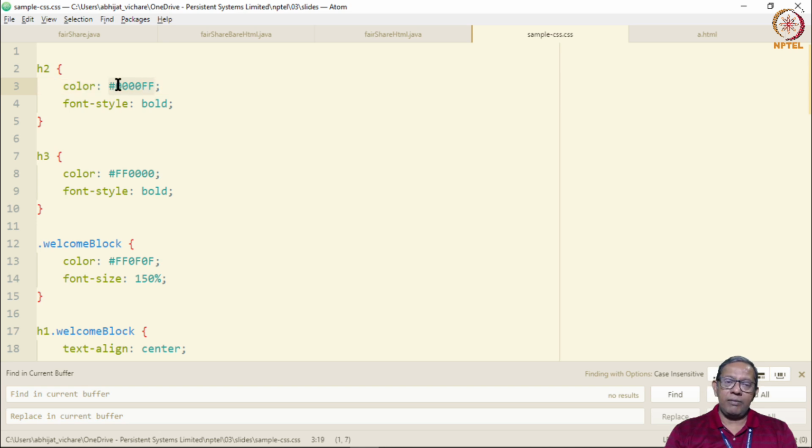This number is in the format RR, GG, BB, so red, green, blue in hexadecimal digits. So we do not want any red, any green, but all of blue. This means that headers of level 2 are to be displayed in blue text and the font is bold. Header 3 is all red, no green, no blue, and is bold.